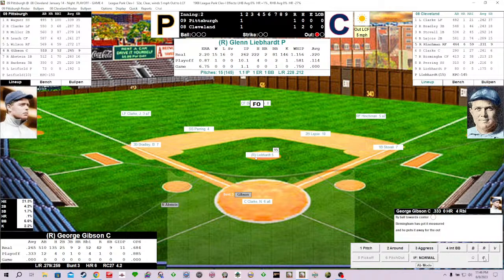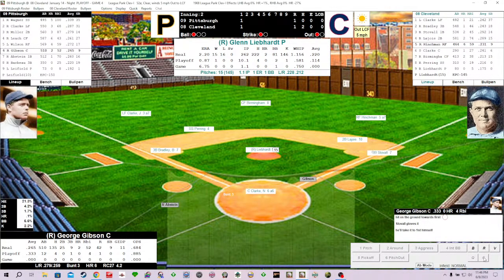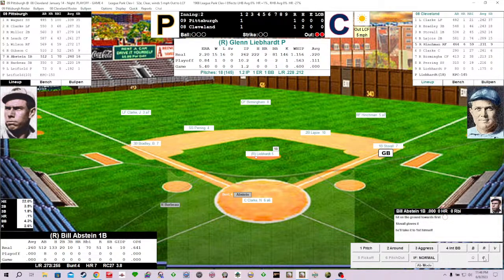Moon Gibson, he's hitting .333. The Bucco catcher's batted in 4. Liebhart deals the 1-1. Gibson chops this to first. George Stovall waving off Liebhart, and he'll take it to the bag himself. 3 unassisted. So 2 quick outs here in the top of the second inning, and it brings up first baseman Bill Abstein. Abstein, an absolutely frigid 0 for 8 in this tournament.